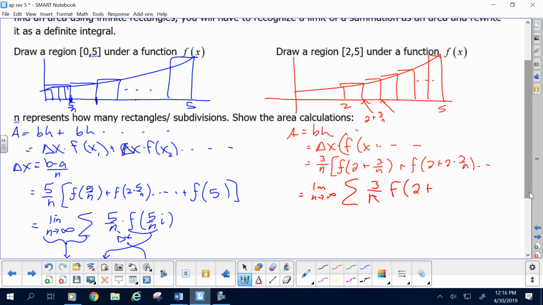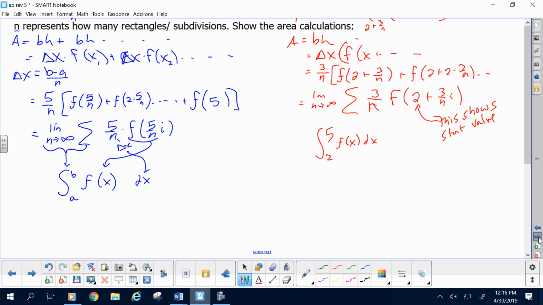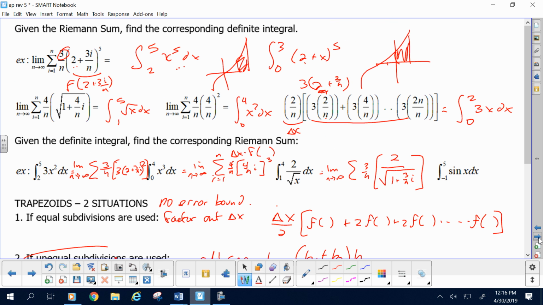If you see something besides a 3 over n or a delta in here, if you see something added here, this shows the starting value is something other than 0 in this case too. So that, combined with the width, can tell you the limits of integration are 2 to 5 of the function. All right, now then, it's common and always a gotcha for problems that you'll see